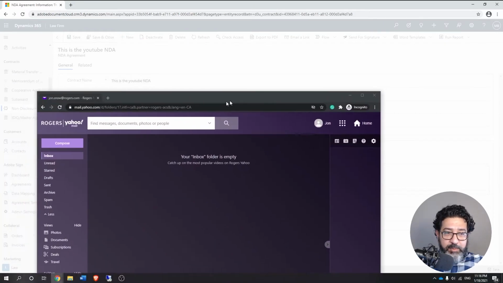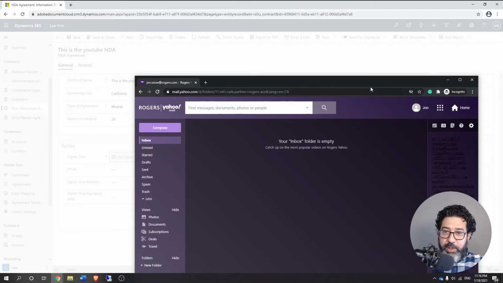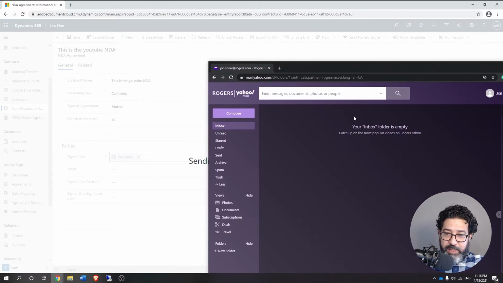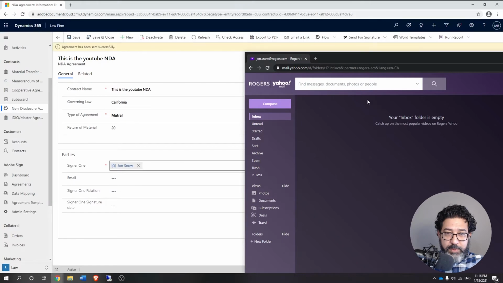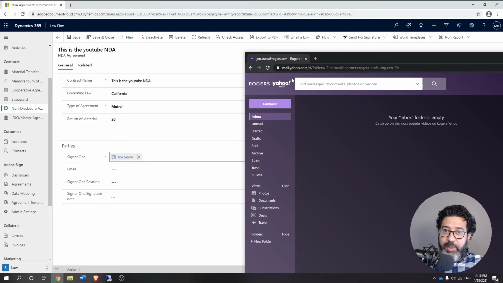And this is the email of John. The email is about to be sent. The inbox is empty. And once it's sent, we should receive an email from John stating that the email is received. Any minute now.